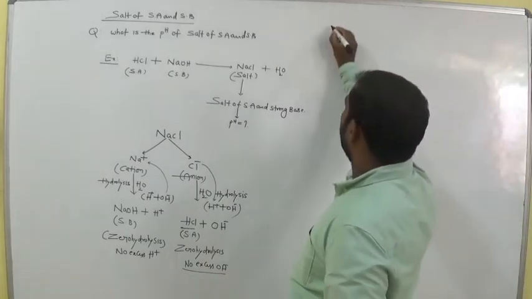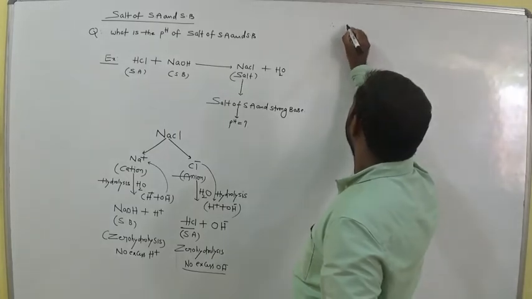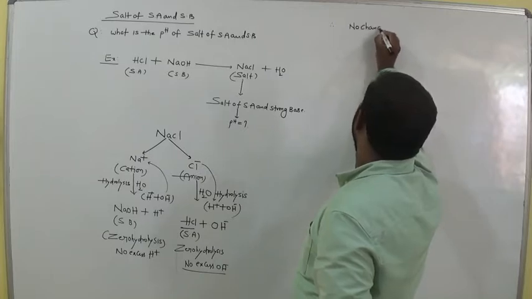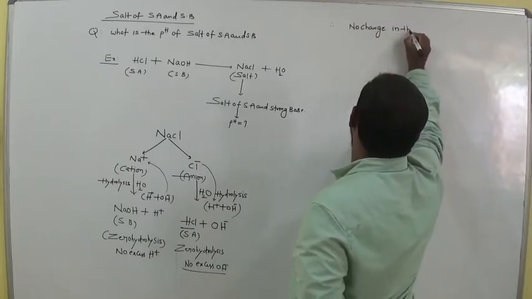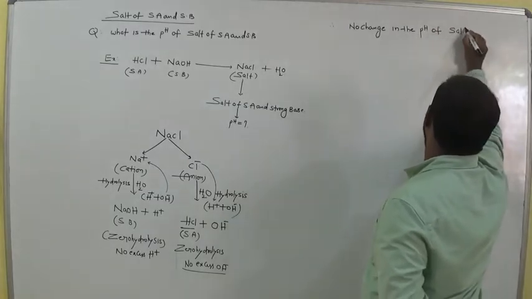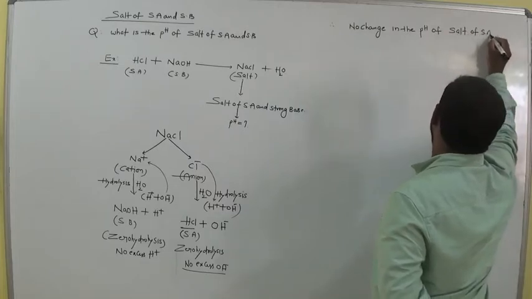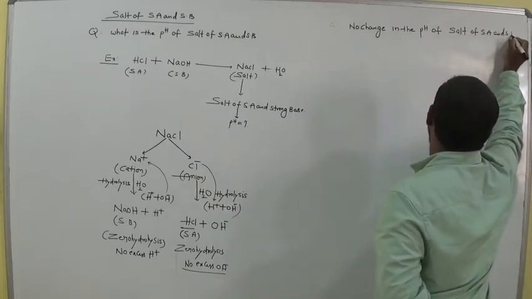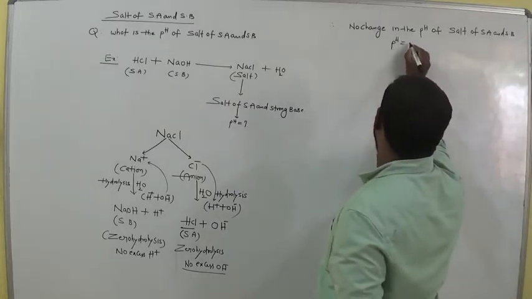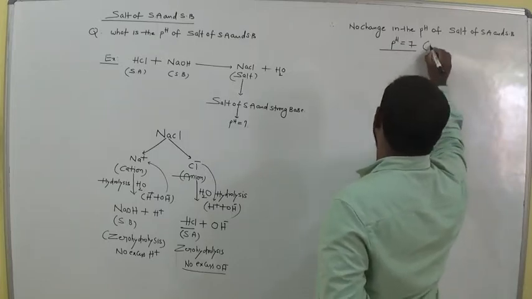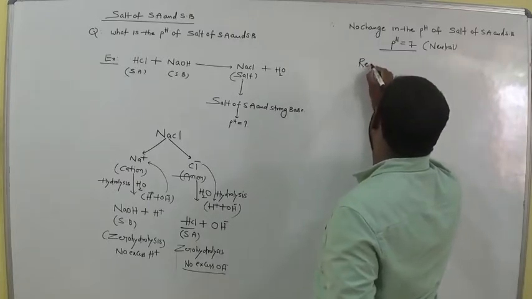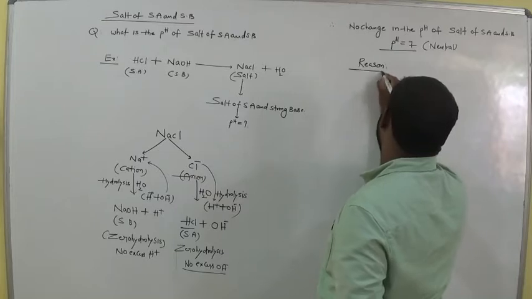Okay, so therefore no change in the pH of salt of strong acid and strong base. Okay, so that means the pH value is 7, that is neutral. The reason for it,